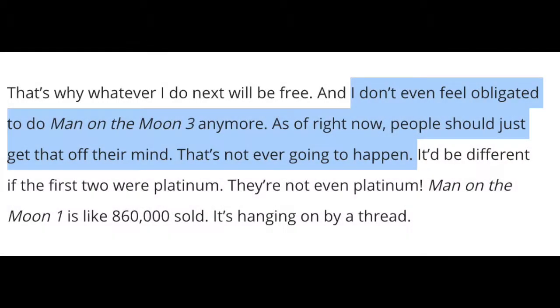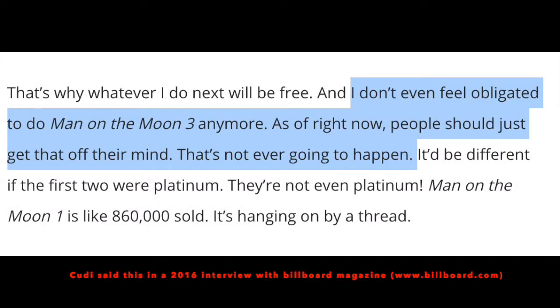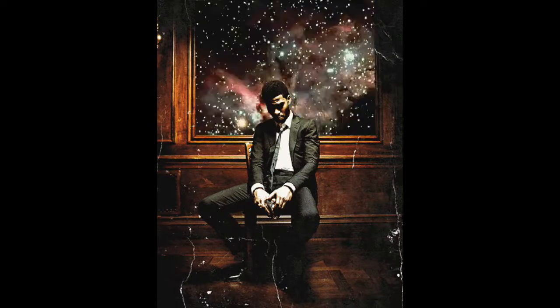After all, correct me if I'm wrong, but for a long time, it was looking more likely that Cudi would not make the final album of a trilogy that has helped define and cement his place in the modern hip-hop pantheon of influential artists. Well, 10 years after the release of Man on the Moon 2, fans were blessed with